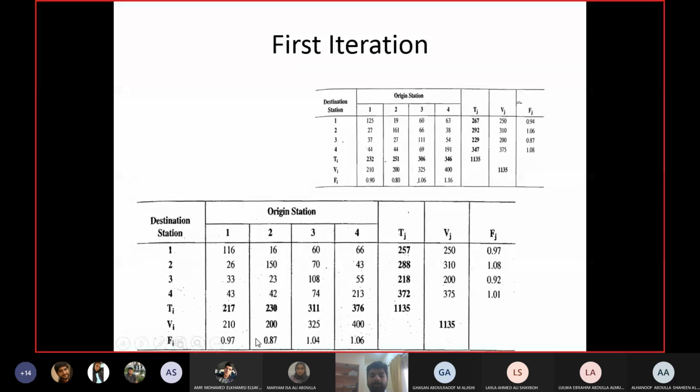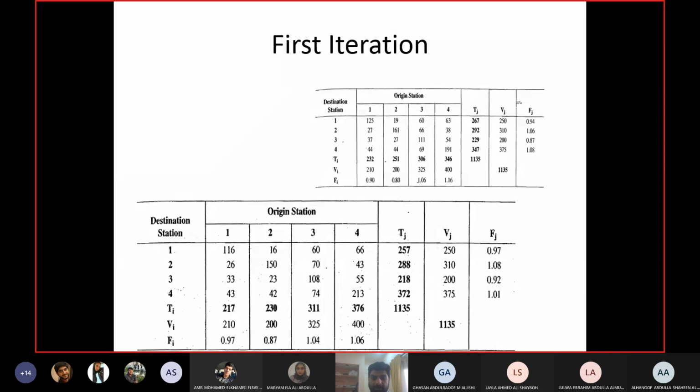So the third time again, now you take these factors which you can see here, the new factors. Until all the factors are within the 0.9 to 1.1 range, you will keep on applying the iteration to the whole matrix. Each time you calculate the new summations, calculate the new ratios, the adjustment factors, and check the adjustment factors. If they are not in the range, you apply the next iteration with those newly calculated factors.